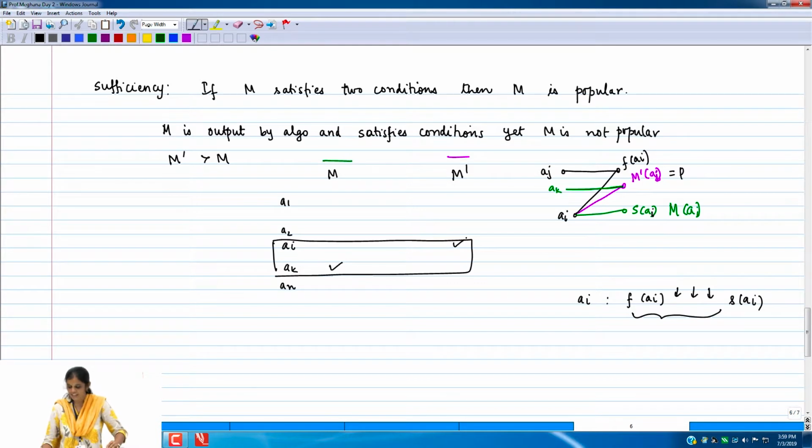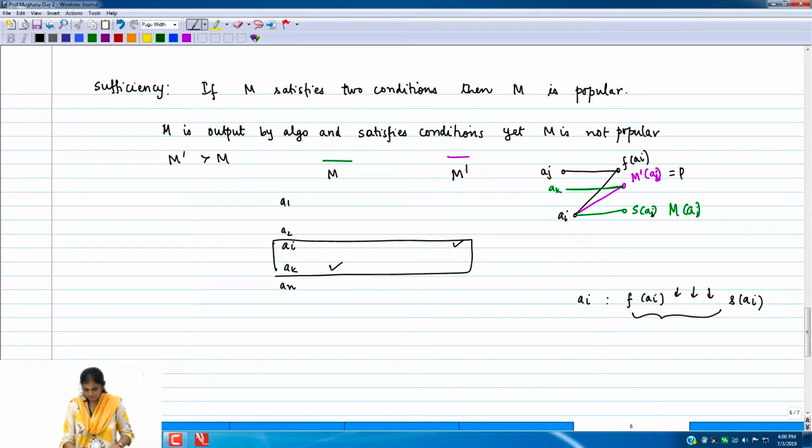Yeah, then the green matching cannot leave it unmatched. So she's asking, can it be F of A1 itself? It can be, and if there is no other applicant that treats it as a rank 1 post, then the green matching is not allowed to leave it unmatched. So therefore, it doesn't satisfy the conditions of the claim. Then we don't say anything about it, right?